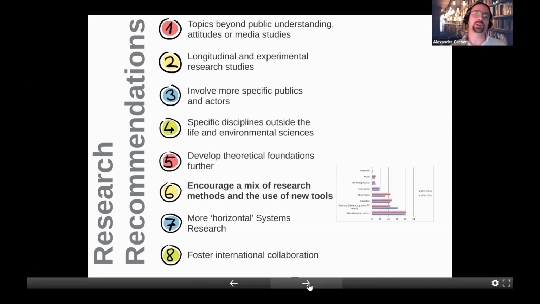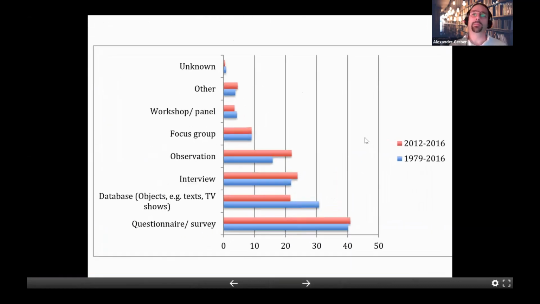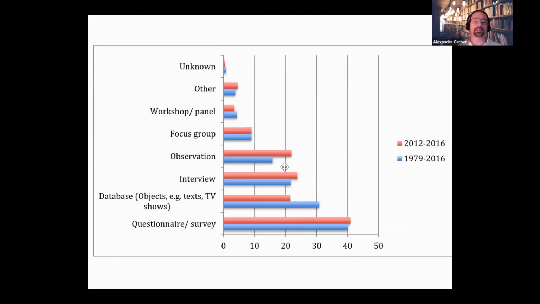traditions. If I may just zoom quickly into research recommendation number 6, because again, it's been something that has been quite intensively discussed on social media in the last few weeks. This is about the variety of methods being used. My spontaneous reaction back then, I remember sitting and looking at the screen when the colleagues